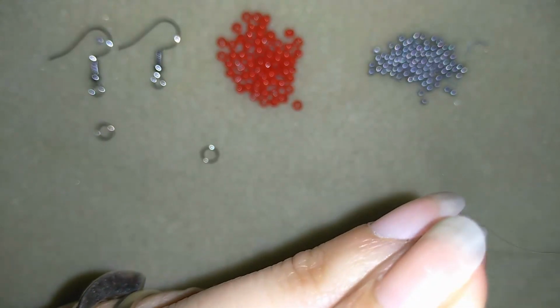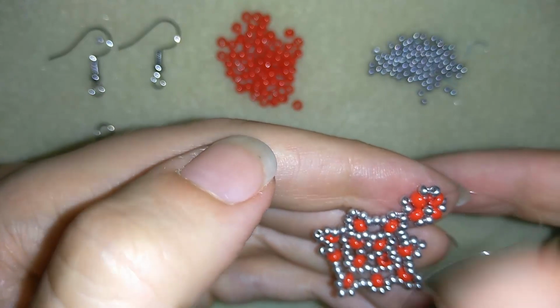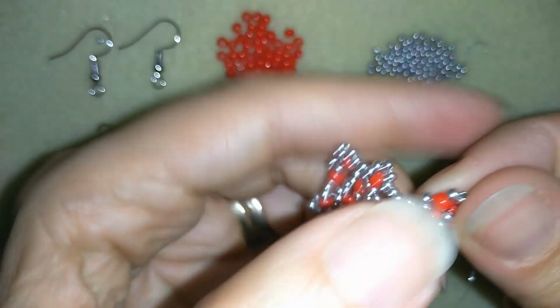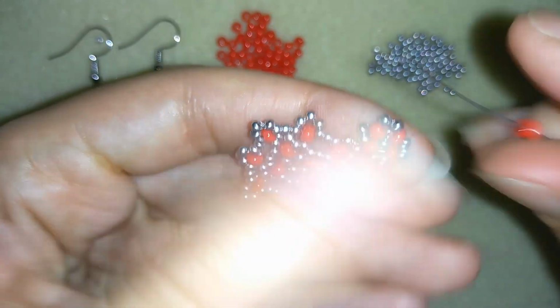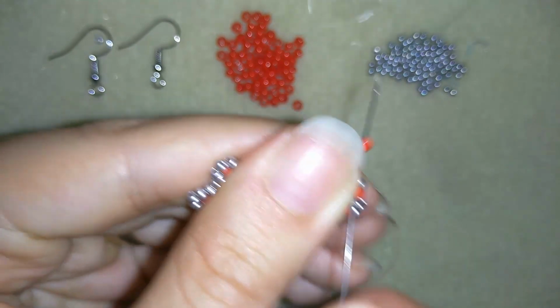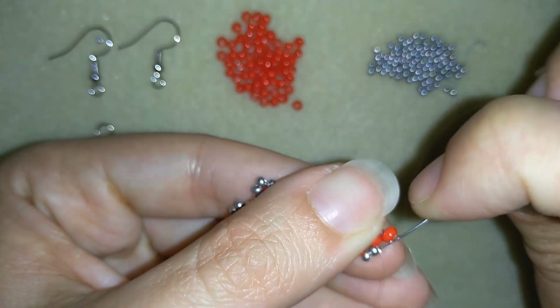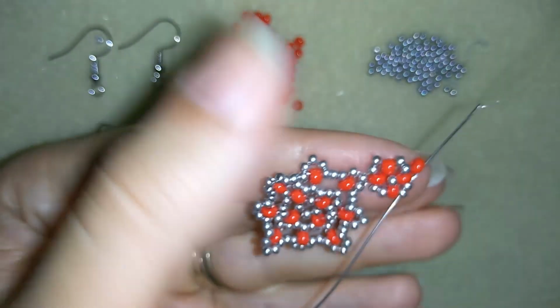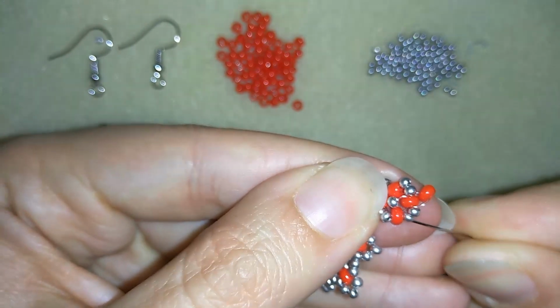Okay, and now I'm exiting out of this red one, and I will take just 1 silver and I will go back through this red one, and in this way I will put 1 bead in the center. Okay, and I will take 1 more 8-0, going back here through this one, then down there through these two silvers, through this red one,